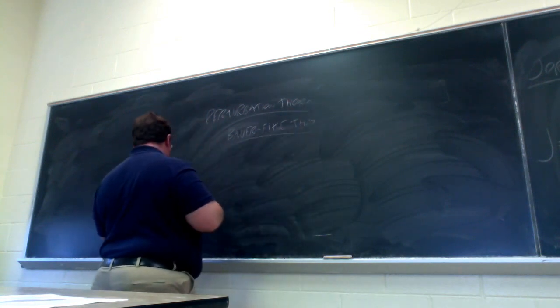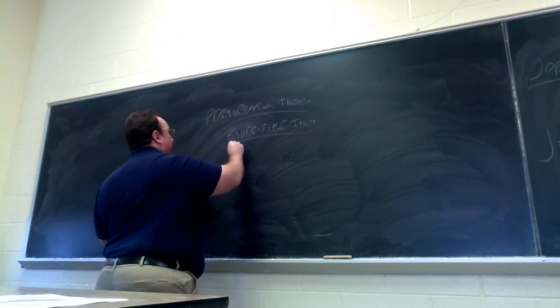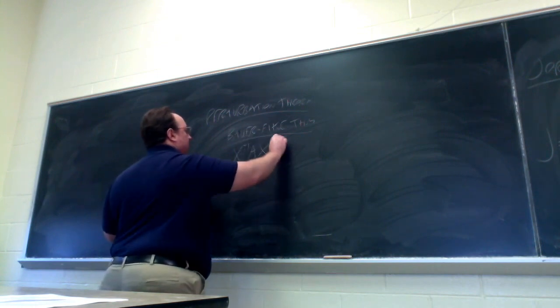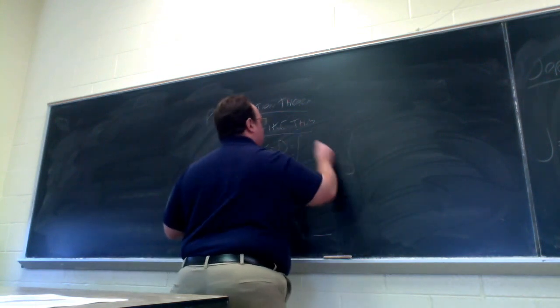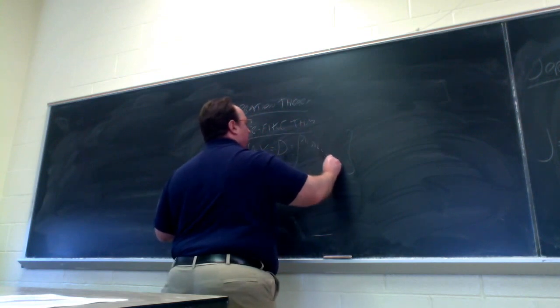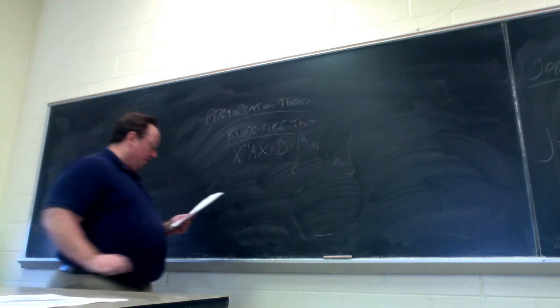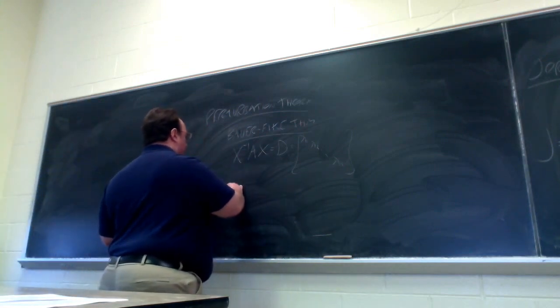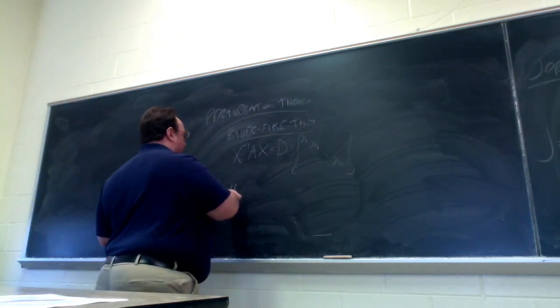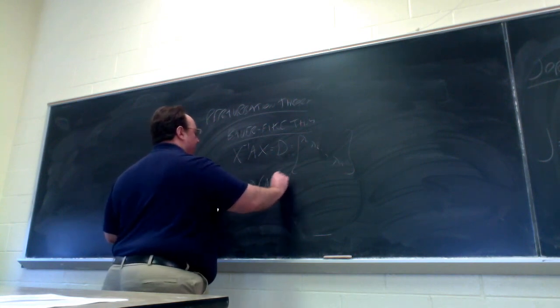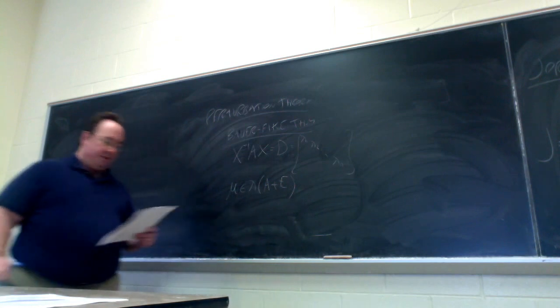What that says is if A is diagonalizable, okay, those eigenvalues along the diagonal, and if there's some value mu that is an eigenvalue of a perturbed matrix, A plus E,